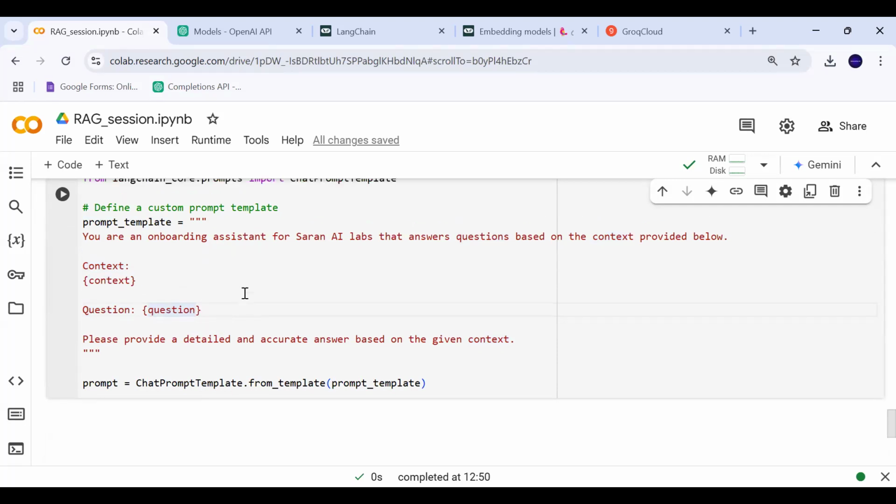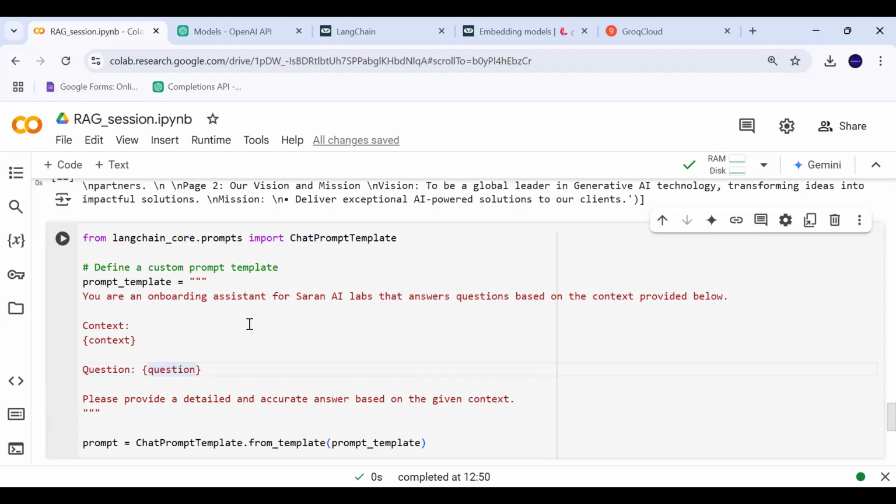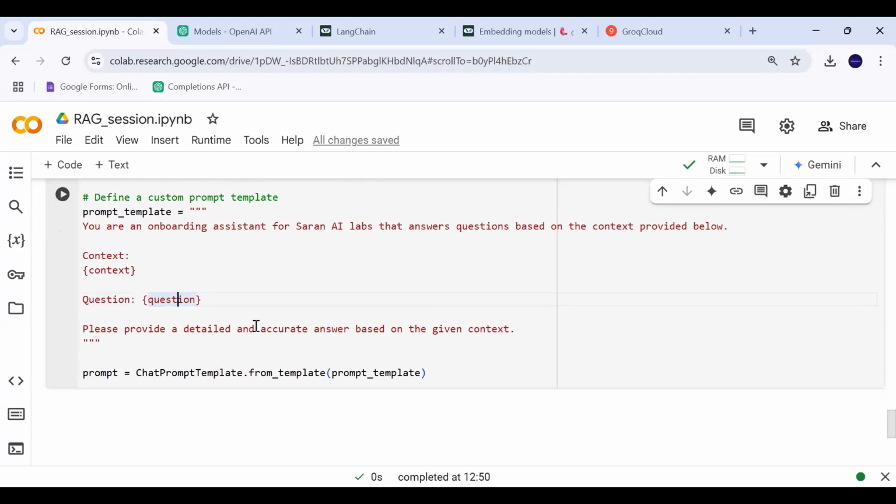Okay, so this is how we build that system prompt or prompts for our applications. Context and question we will be providing, and then